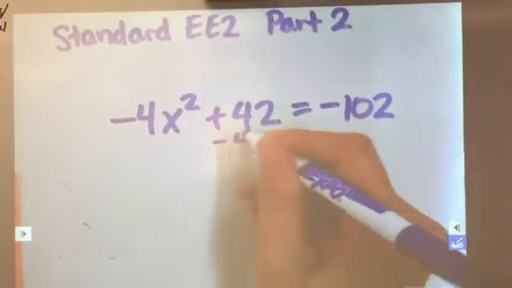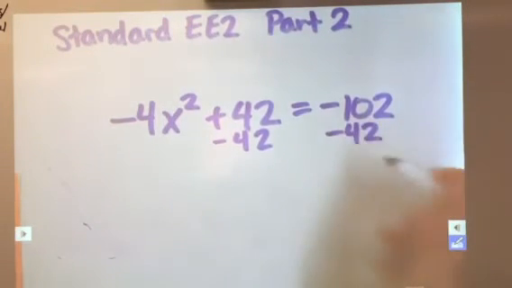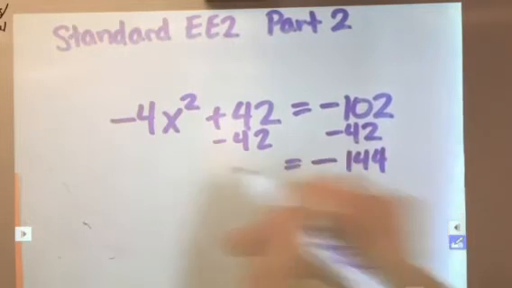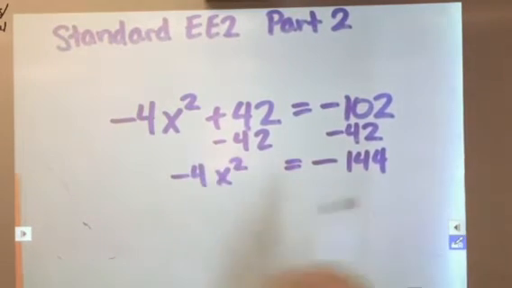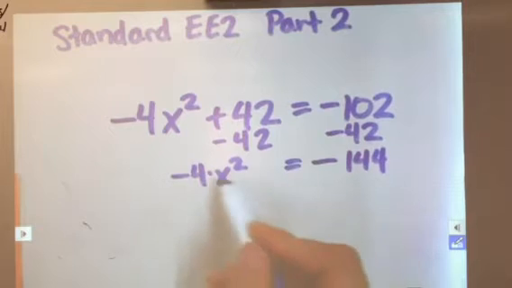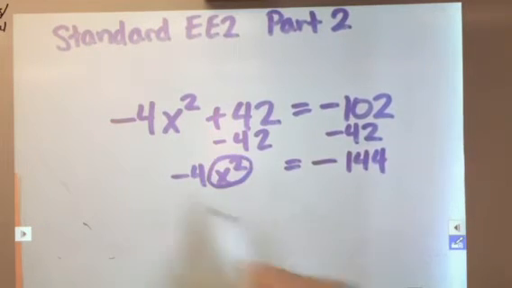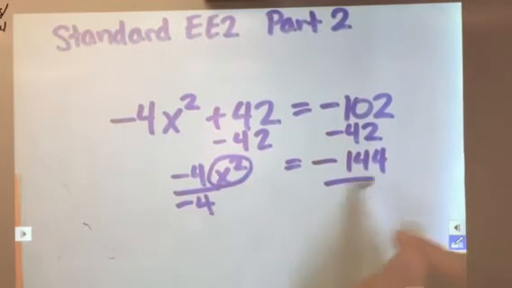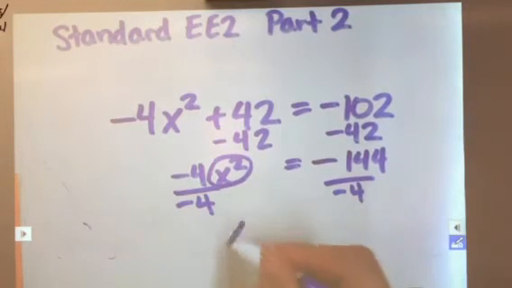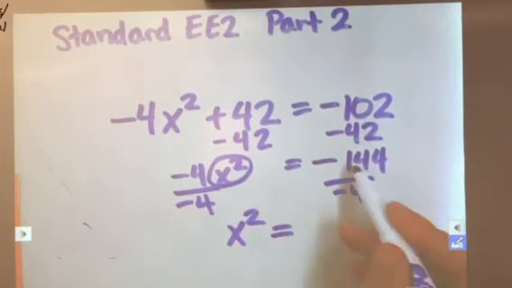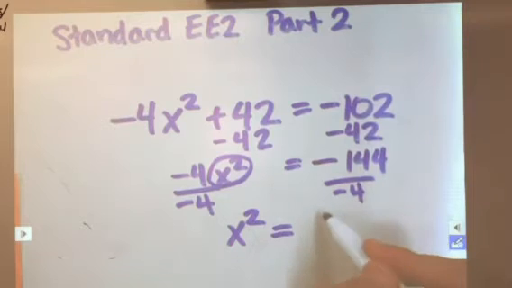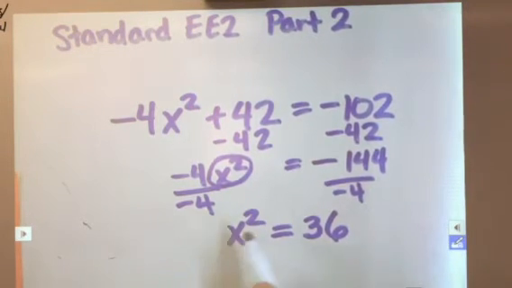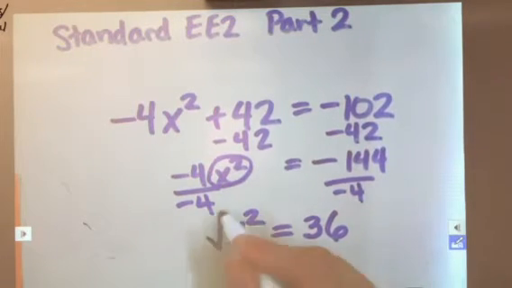So to do that, I'm going to subtract 42 from both sides, and that gives me negative 144 equals negative 4x squared. Negative 4 is being multiplied by x squared, so to get x squared by itself, I need to divide both sides by negative 4. I'm left with x squared equals positive 36. Now that I have isolated x squared, my last step is to take the square